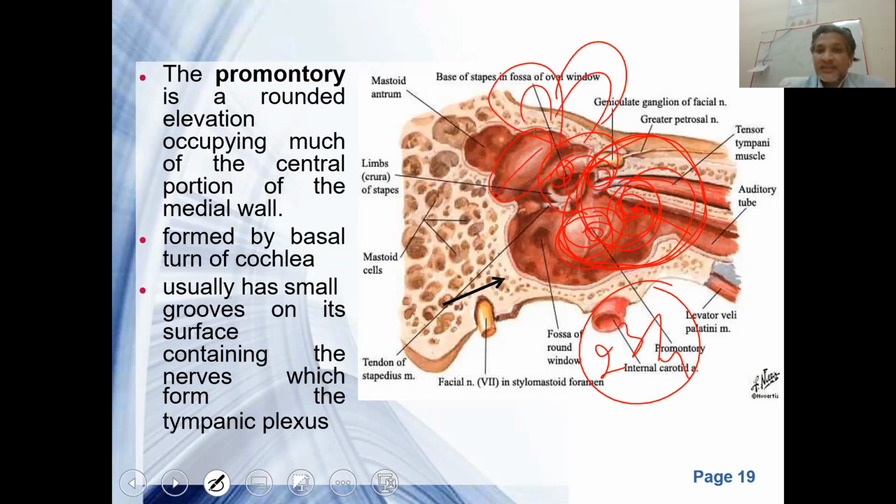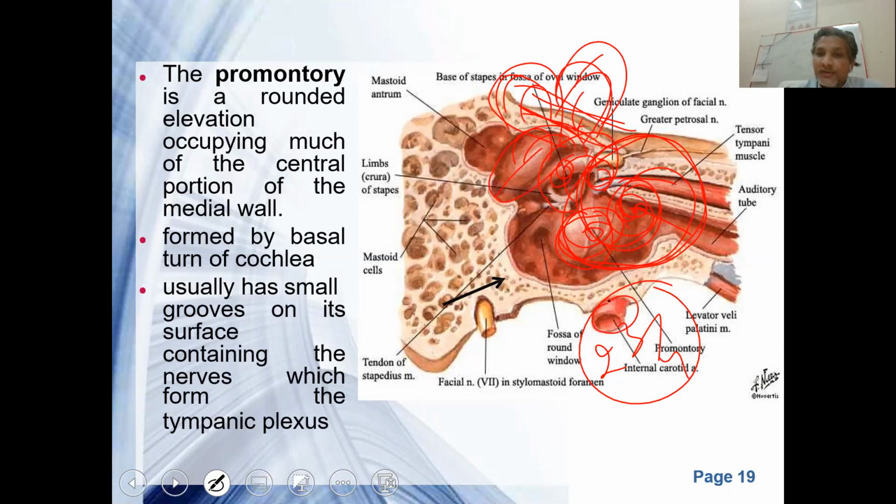This is the lateral semicircular canal, this is the superior, and this is the posterior semicircular canal. Obviously the superior semicircular canal lies underneath this. These are very miniature structures. Underneath this is the middle cranial fossa dura, and on top of this will be the dura. You can again see that this is the carotid artery.